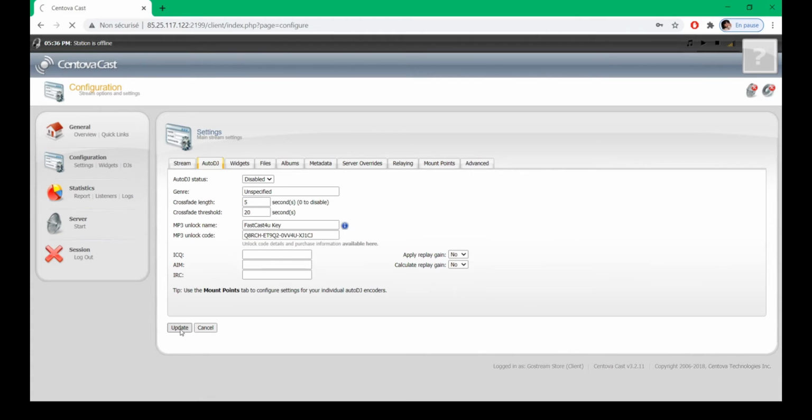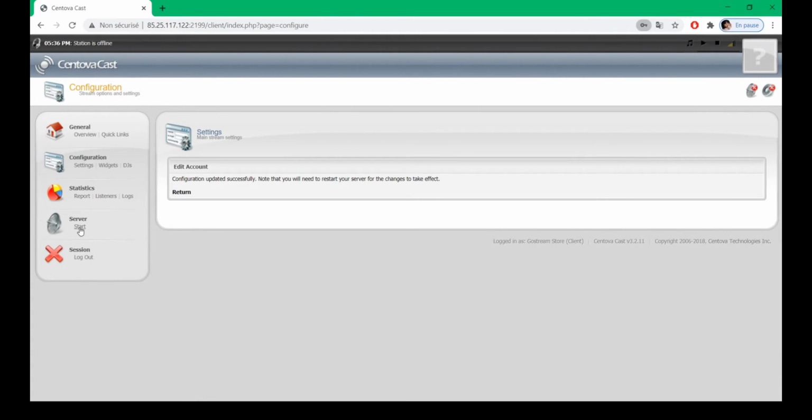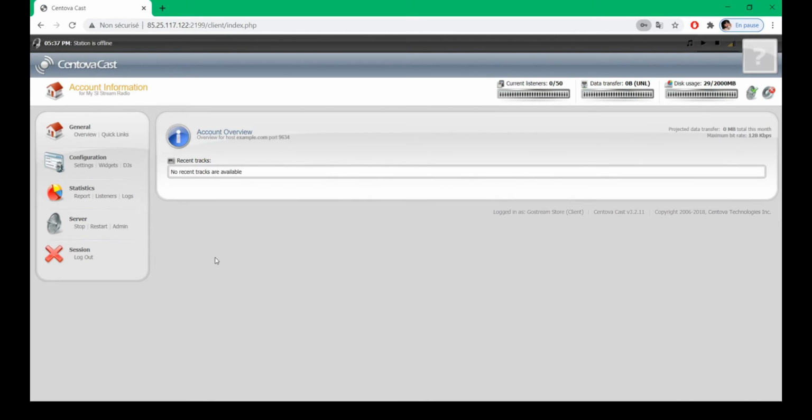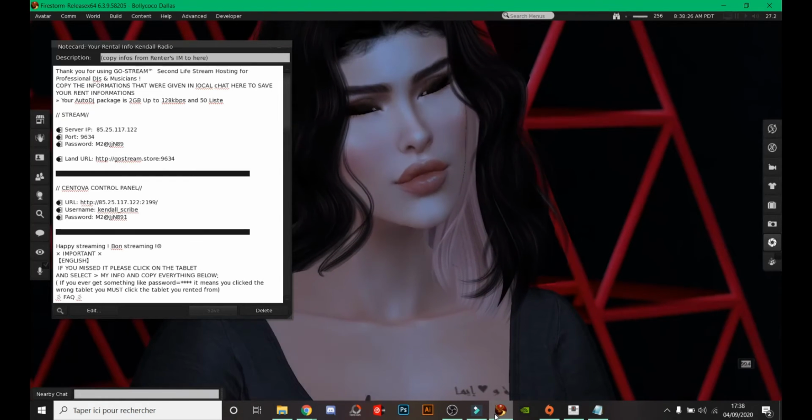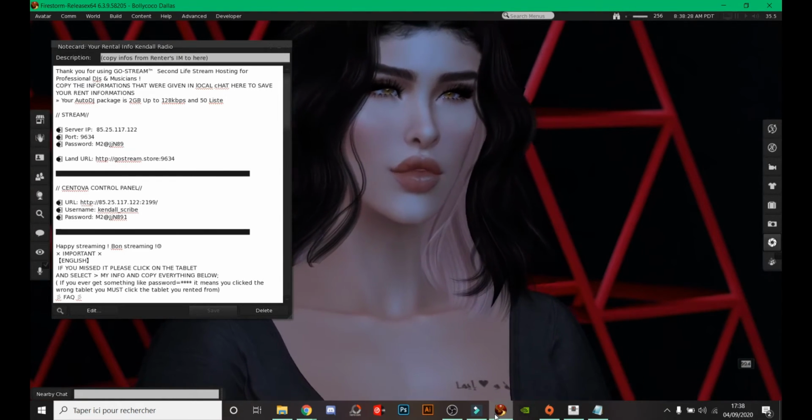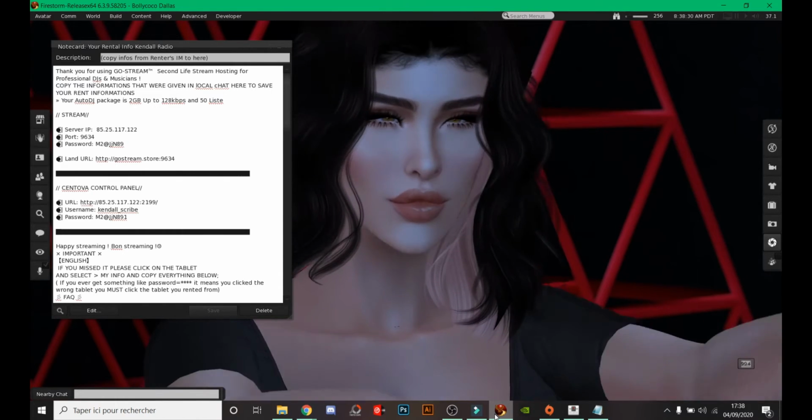So click update when it's disabled and then start the server as a stream. Now once we disable the AutoDj, which means basically the radio, we're going to have the stream on. So start it. And now we have an active 128 kbps stream. Now that our stream has started, we have to connect into a broadcaster or a DJ software, and I'm going to